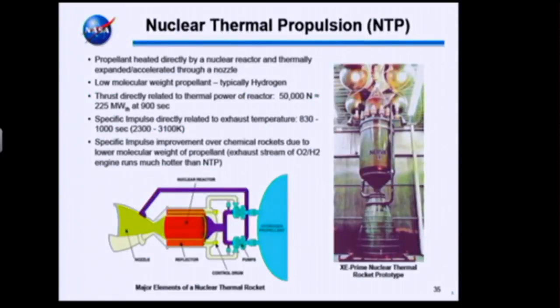Nuclear thermal propulsion is a very different beast, if you will. That's using a nuclear reactor as the heat source. Rather than electric power, it's going to be using a nuclear reactor to heat and accelerate a working fluid, typically hydrogen. And the fundamental metric, as we mentioned before, ISP, for this class of engine is going to be much higher than chemical. It's more on the order of 900 seconds of performance, so it's quite high in ISP, but again, not of the same scope as the several thousand seconds for electric. But the difference is now you do have a high thrust engine